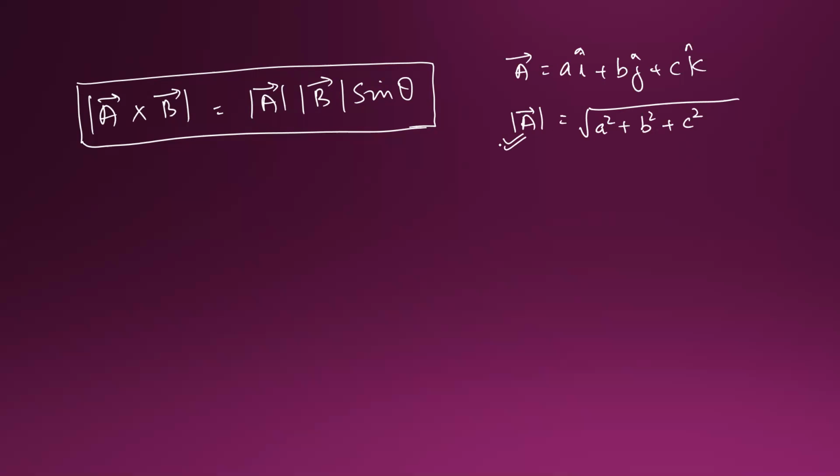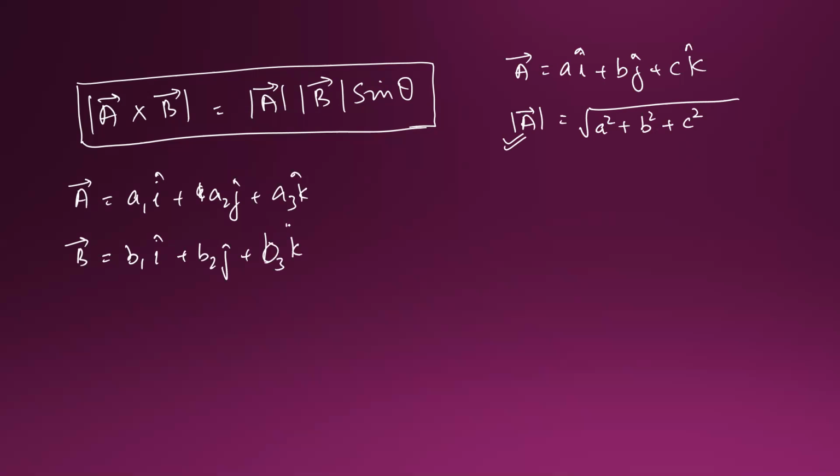So how to find the cross product? The most important part is how we are going to find the cross product. To find the cross product, what you have to do is, suppose this is a vector a1 i cap plus a2 j cap plus a3 k cap, and there is one more vector that is b vector, and this is b1 i cap plus b2 j cap plus b3 k cap. Here we have these two vectors, and what you have to do is you have to find the cross product of these vectors. So this is a very new thing for you people, because you people have not studied matrix, which we are going to study in 12th standard mathematics.